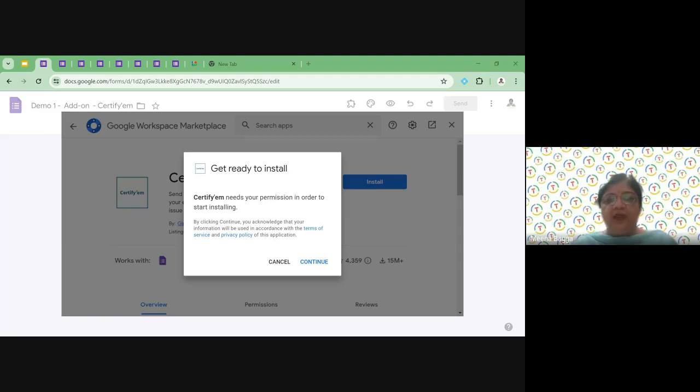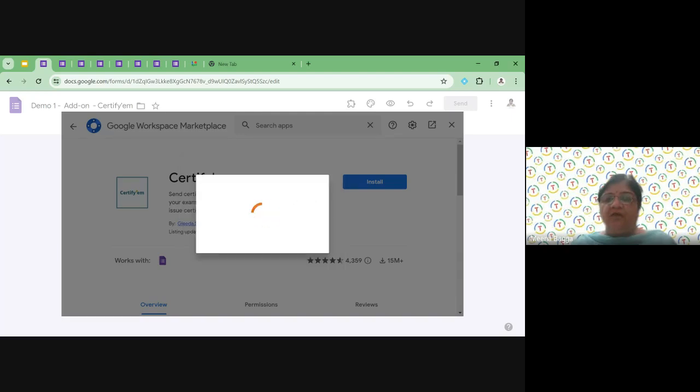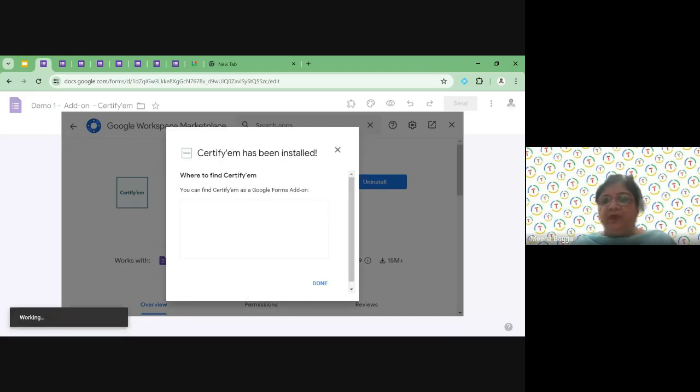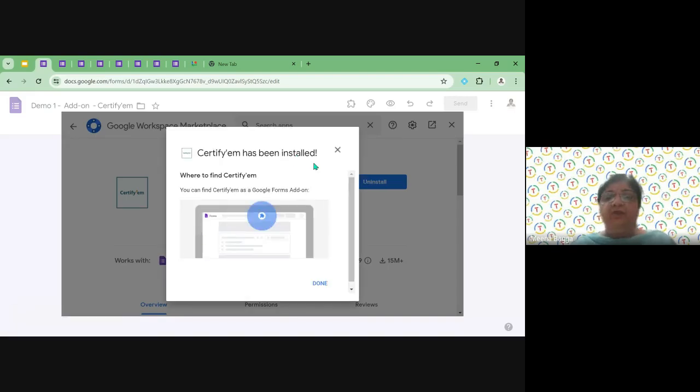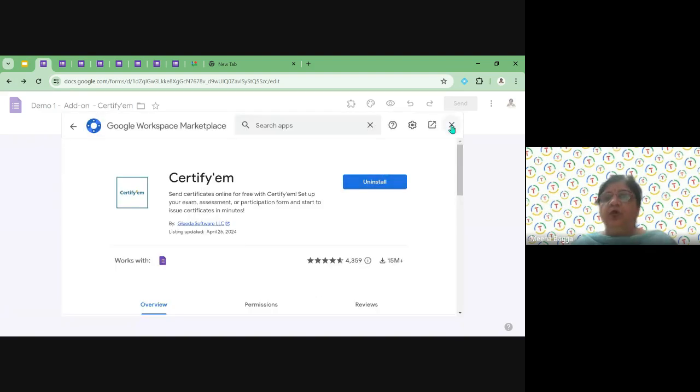Again, these are some permissions we have to give to Certify'em. You can read it once. Allow. When we allow, within seconds it will be there in my forms. You can see it is being added. Certify'em has been installed. Just done. Cross it down.